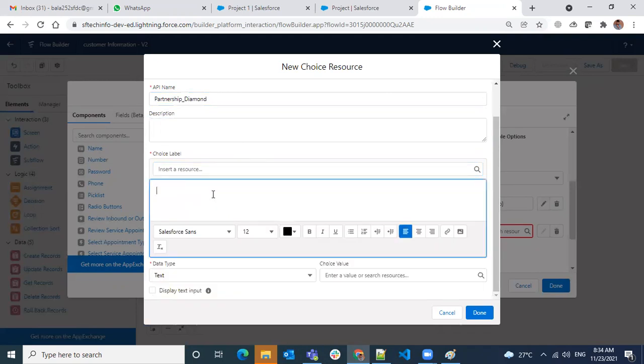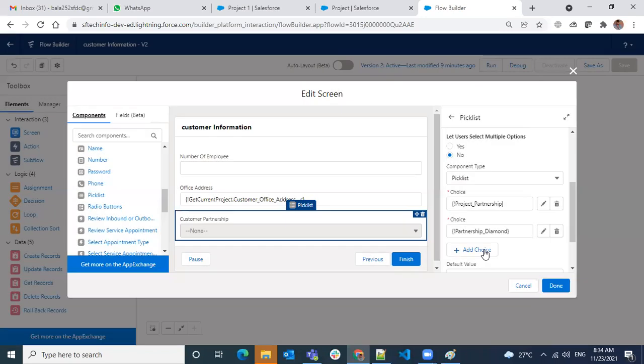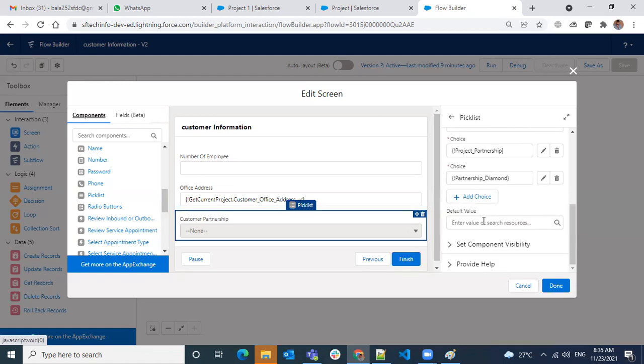So here the value will be diamond. I just want to keep it as diamond, a text value, a choice. Okay, done. So it will display all values from this Partnership field, and it will show this value as well.